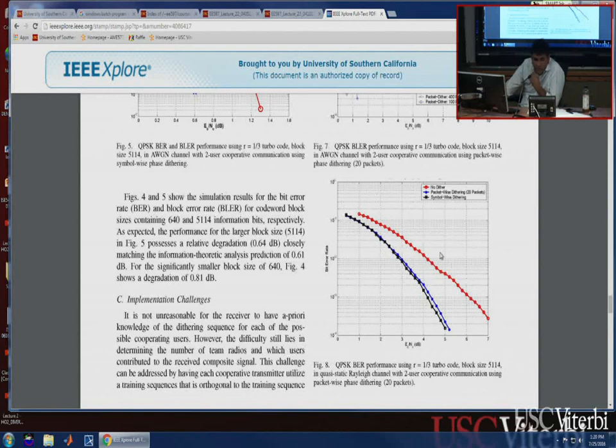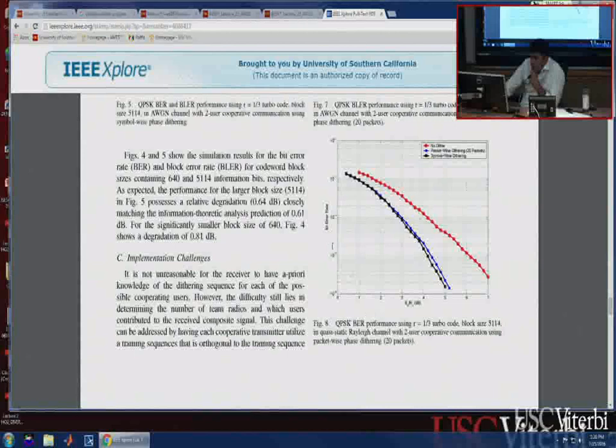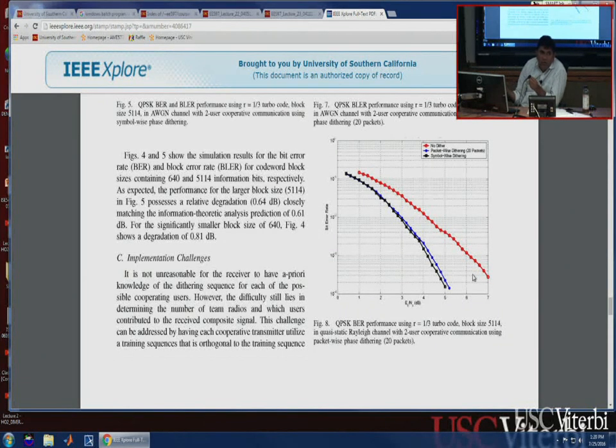So this is probably a more useful comparison. And again, it's showing for a particular type of modulation scheme, the bit error rate, when you have two users cooperating. If they don't dither, then there's a possibility that they may be stuck at a particular phase that is not going to result in constructive interference. And so in these two curves, they're showing how if you did dithering of the packets, you're able to get